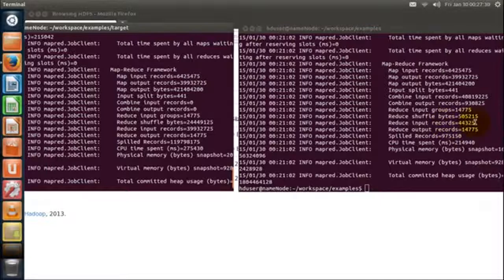Here reduce input records are around 44,000. Here reduce shuffle bytes are around 24 million. Here reduce shuffle bytes are around 50,000.